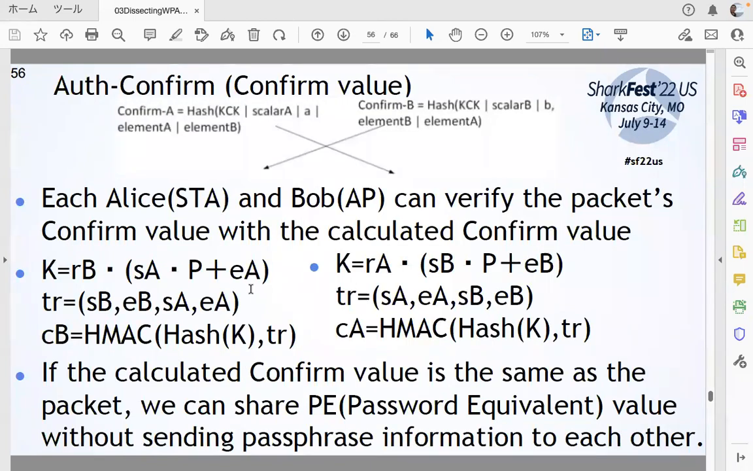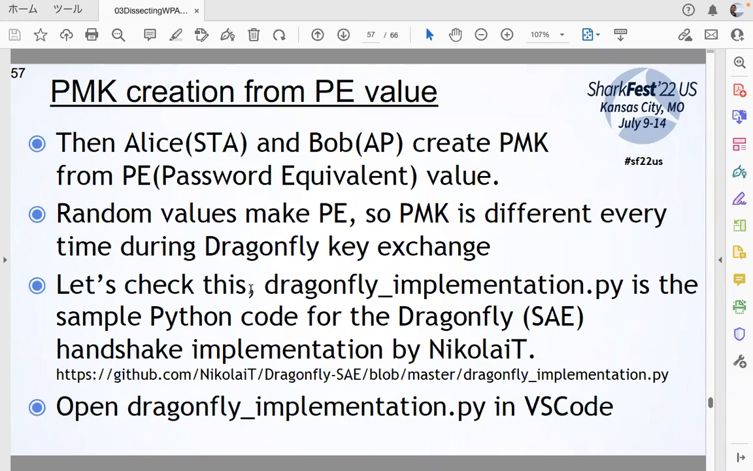This can be checked by each other. Alice and Bob can each verify the packet confirm value against the calculated confirm value like this. If the calculated confirm value is the same as the packet value, we can share the same password element value without sending the passphrase or any information to each other. So then Alice and Bob create the PMK from the password element. So the random value makes PE, so the PMK is different every time during the Dragonfly key